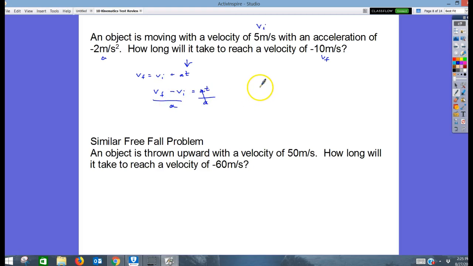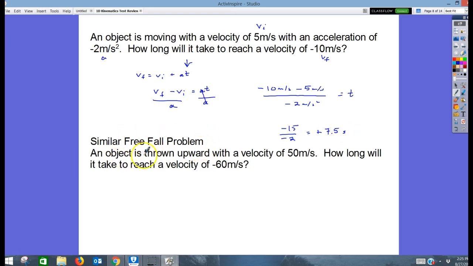So the final velocity is -10 meters per second. The initial velocity is +5, but that minus comes from the equation. And divided by the acceleration, which is -2. -10 minus 5 is -15, divided by -2 equals 7.5